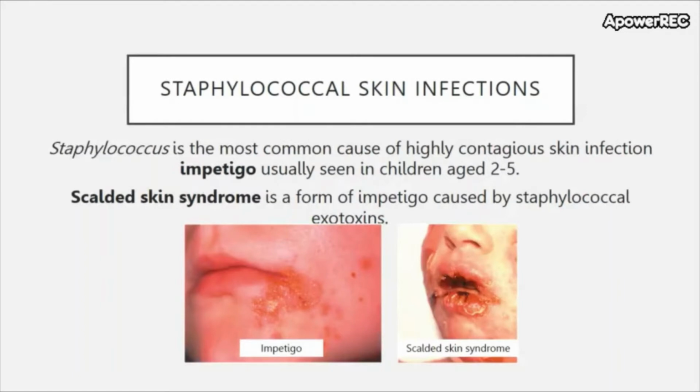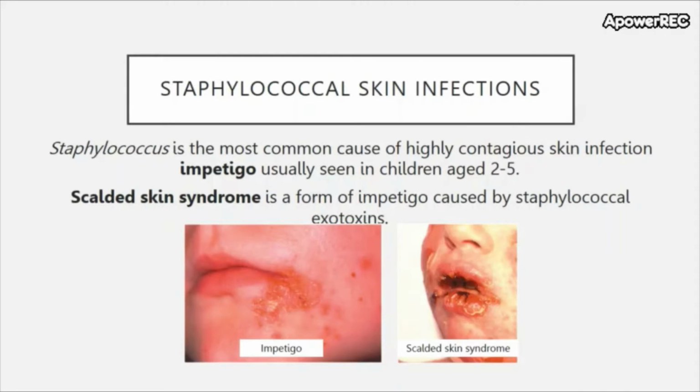Staphylococcus may also cause a very common and highly contagious skin infection called impetigo, which is usually seen in children of the age 2 to 5. And as you can see at the bottom here, it results in sores and overall puffy and inflamed areas on the face, typically. It can also cause scalded skin syndrome, which is a form of impetigo caused by the exotoxins